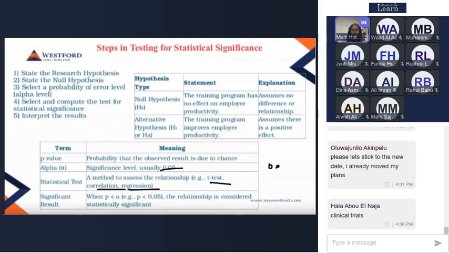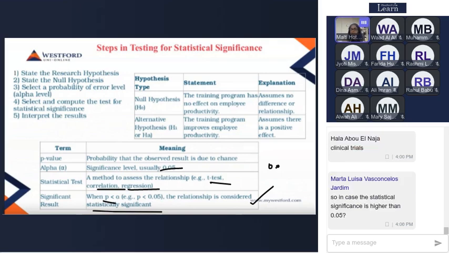How do you understand that result? By the p-value. If the p-value is less than 0.05, the test is considered statistically significant. If it is greater than 0.05, then it is treated as insignificant, that is, you cannot rely on it. I will show you this again. We'll come back to these slides again.